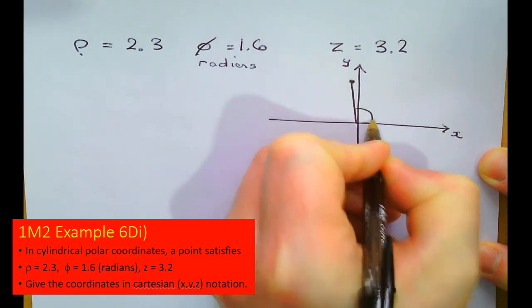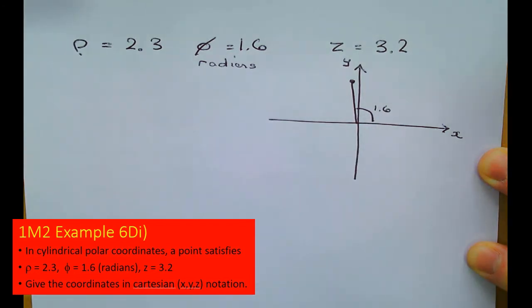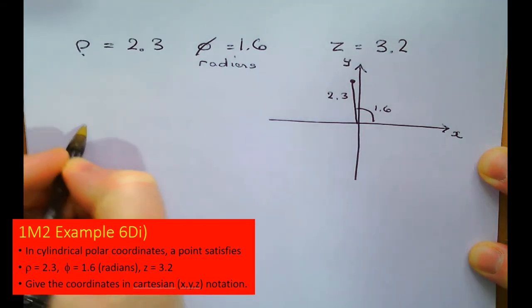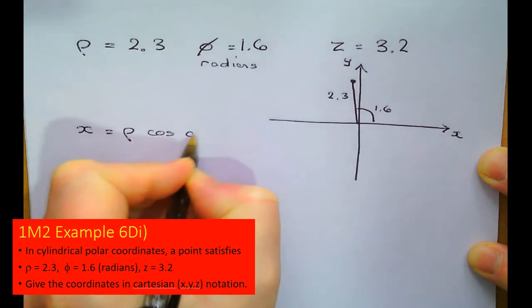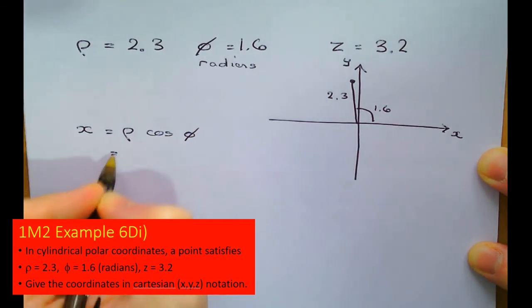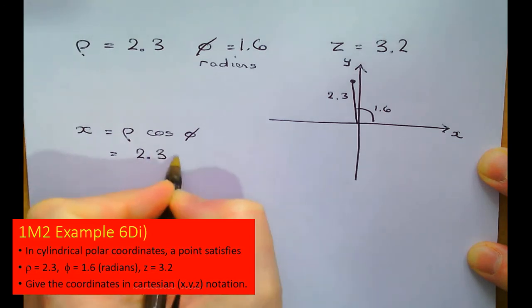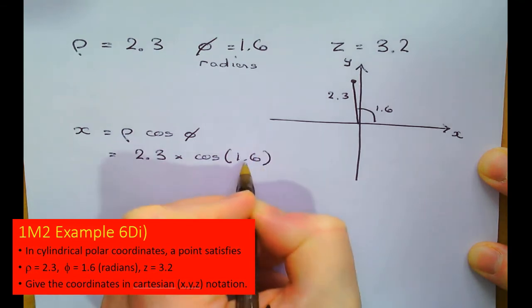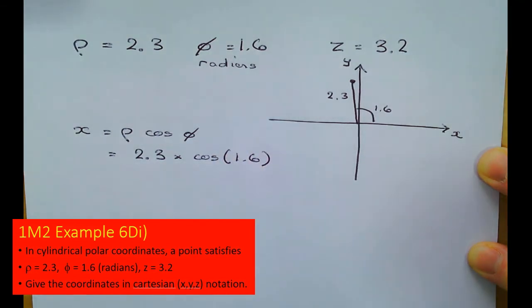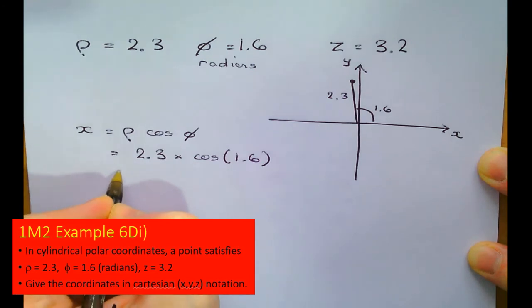So we have an angle here of 1.6 radians. Remember, pi over 2 is around 1.57. We're out at a distance of 2.3. Well, we have that x is equal to rho cos phi. So that would give us 2.3 times the cos of 1.6 radians. The cos of 1.6 radians is small and negative. We get around minus